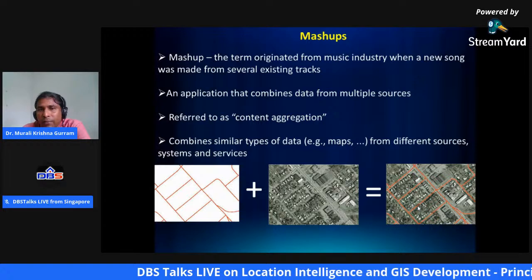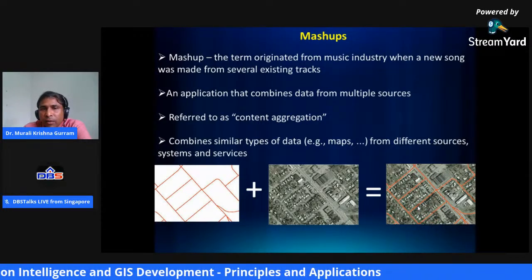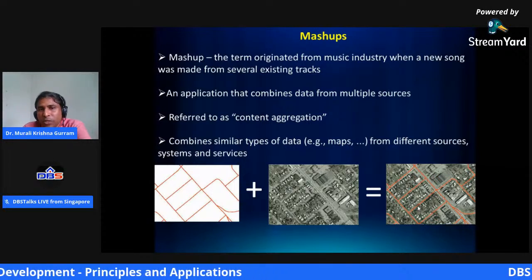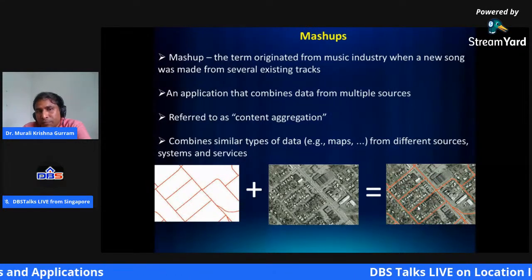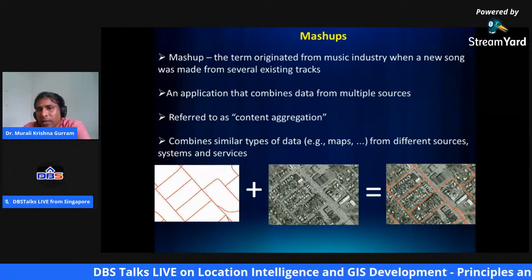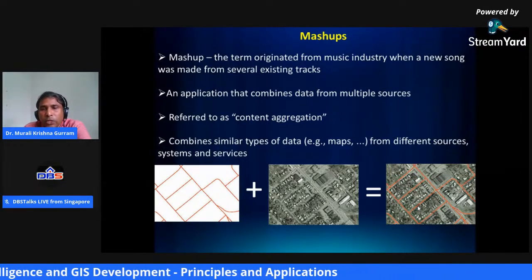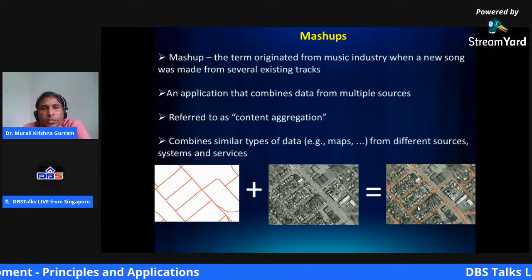And it's not just maps. For example, in map terminology, you have a vector layer and a remote sensing layer, and ultimately you combine them to come out with an information layer. Next slide, please.